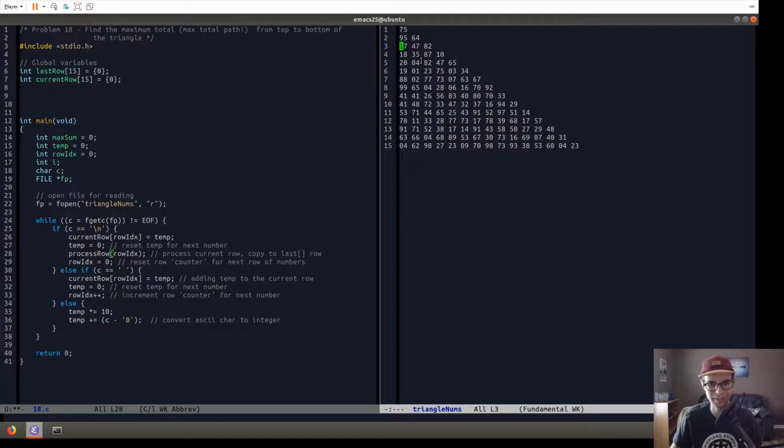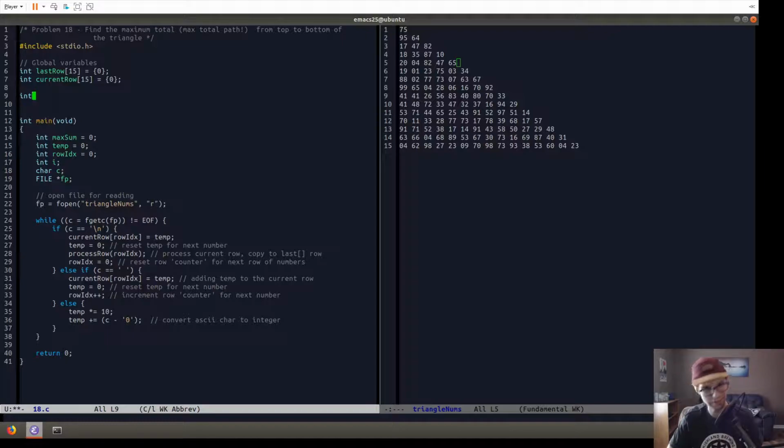And what this will do at the end is collapse our triangle by one row. We're going to add up 75 to 95 and 75 to 64, say, and as we move on to the next row, that'll collapse the triangle inward on itself. So we won't have to go through a full path here, and then 75, full path here, because that's really slow, a brute force attempt. We're going to collapse it one row at a time, and it'll end up really fast. This program completes pretty fast when it's ended. But anyway,